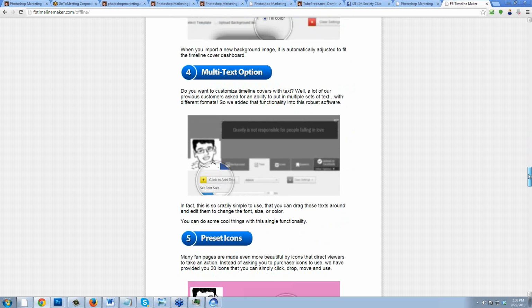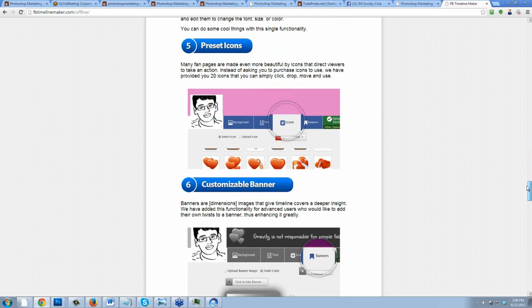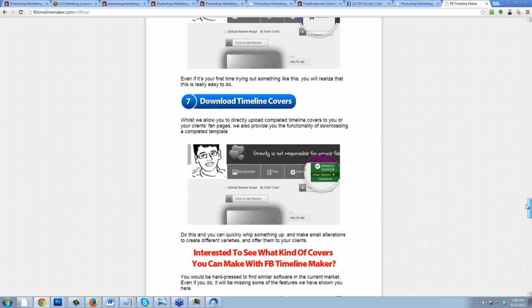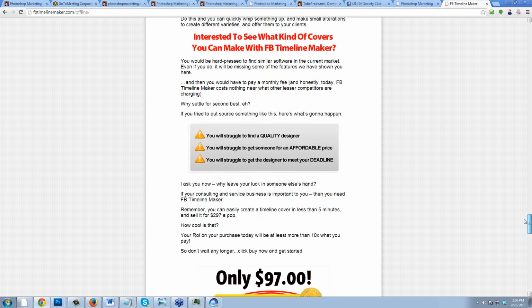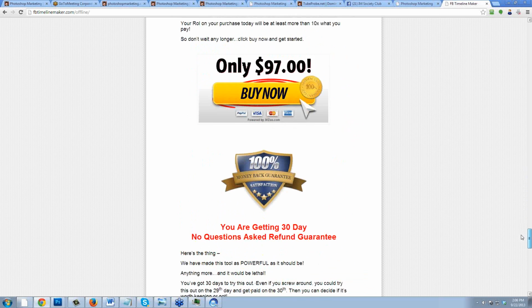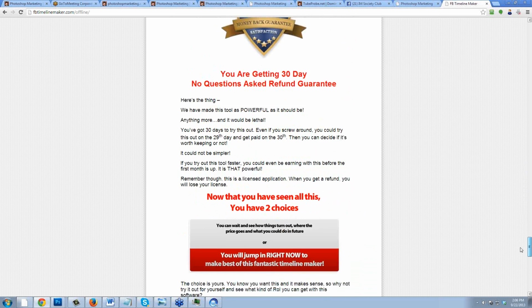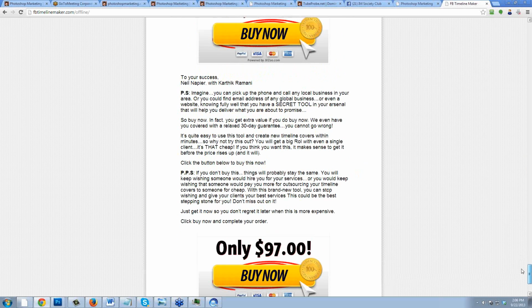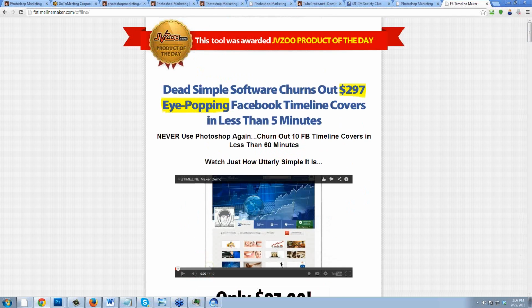I'm going to have to play with this myself because honestly I haven't done it. I've only played with the local tool, but Karthik's on top of it when it comes to Facebook. He understands that's where the market is right now, and it looks like a very, very good asset to your business. So there you go. You don't have to pay $97, and he's going to give you the other tool as well, and he'll be in touch with you in the room.